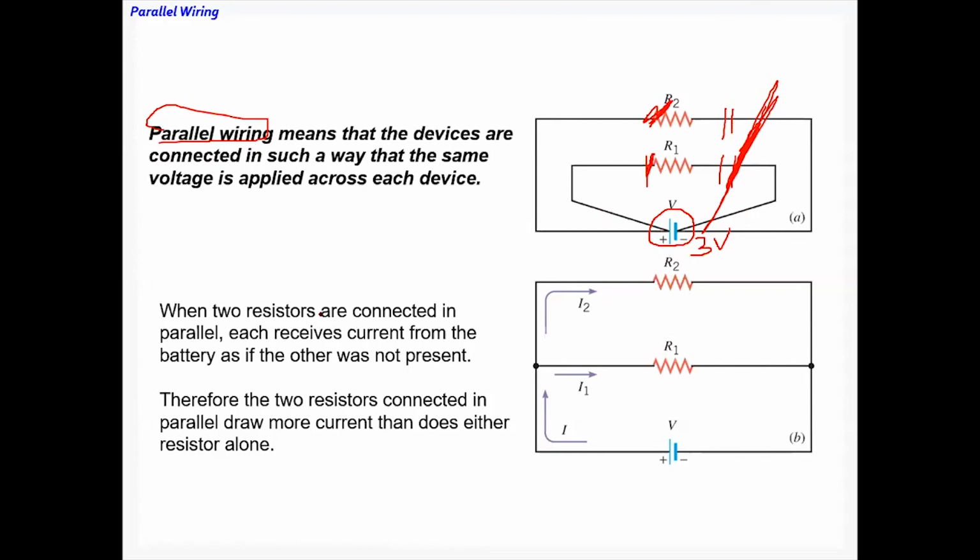All right. Now in this case, the current splits off here. So this can be drawn this way. Okay, this is a little nicer, right? So these are A and B. They are exactly the same picture, but B is nicer than A. Now if I is the current given by the battery right here, then I1 goes through R1 and I2 goes through R2. In other words, I equals I1 plus I2.